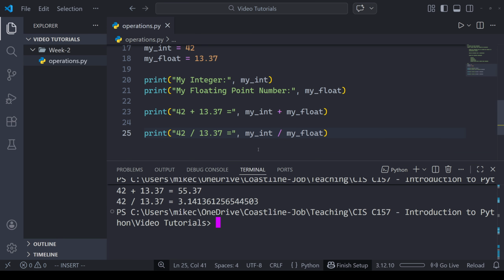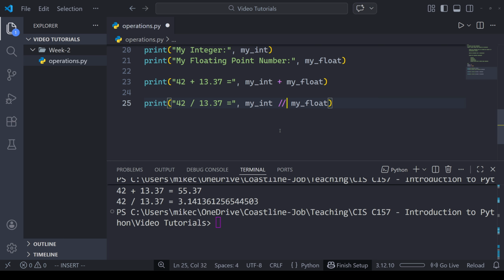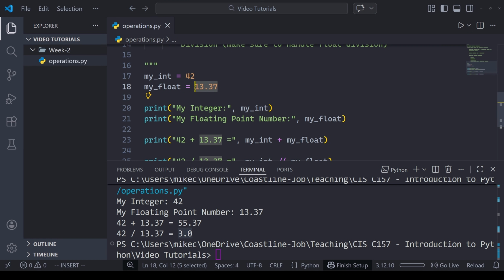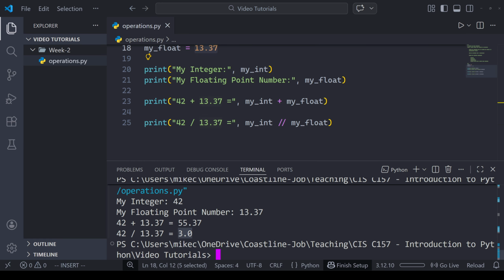Your textbook talks about another type of division called floor division or integer division, and that is when you use 2 of these / instead of 1. So if I run this same program again with 2 of these slashes here for division, you're going to see that my results get rounded down, or floored, to the nearest whole number or the nearest integer, which is 3. However, since one of my operands here is a float, the results are still going to be displayed as a float with a 0.0 after it.